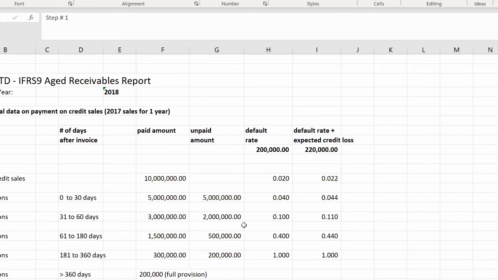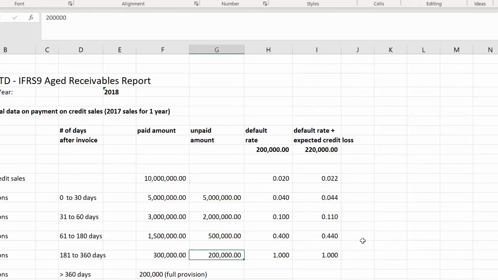So here, in using the tool, I'm really pushing so that I can get Aaron to jump right in, and I'm hoping to get you all excited for this. This step one actually does an analysis of all the invoices for 2017 and what was paid in 2017. By way of example, in 2017 we had $10 million worth of credit sales, and we analyzed this $10 million and were able to age the payments made